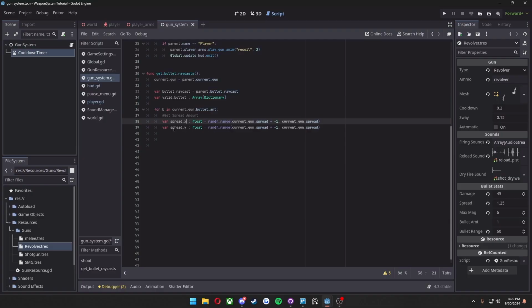And then it's going to be the exact same thing down here with spread y, just in the y direction, right? Next, we're going to want to set the spread. So now we've gotten the spread amounts, and so we want to set the spread. So for our bullet raycast, we want to cast its target position to be our spread x, and then our spread y, and then we want to feed it our bullet range, how far the bullet's going to go